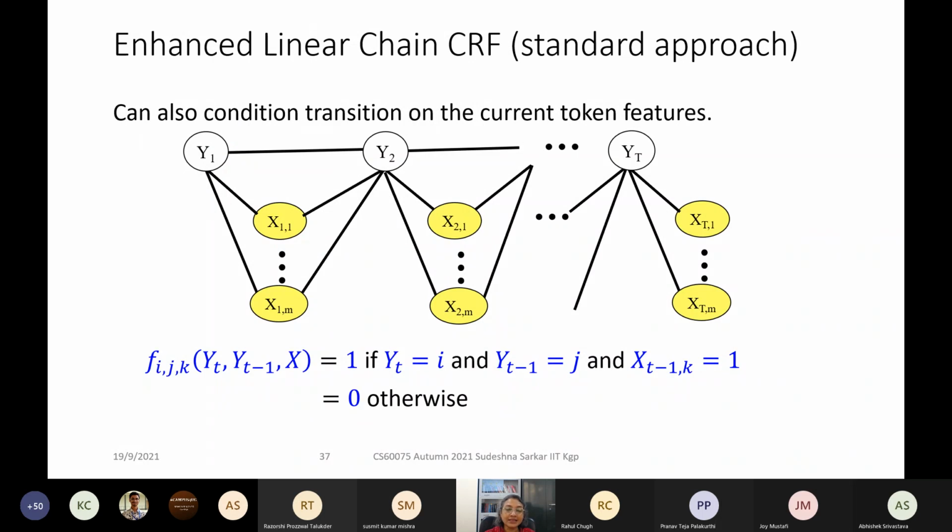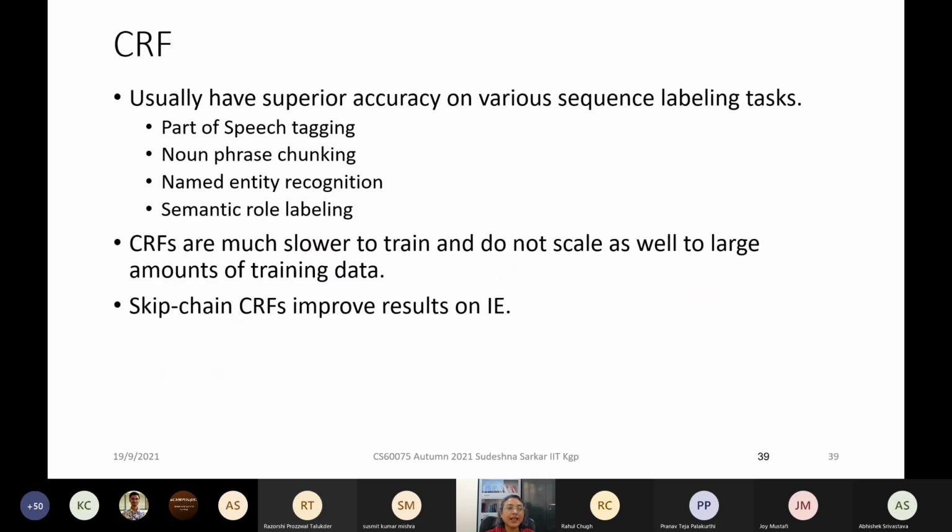And we can enhance linear chain CRF by also having features which are strictly not only previous tag to the current tag or current tag to current word. For example, we can look at the previous words and so on. And then there are other variations of CRF. But CRF is a tool which is very useful for sequence tagging tasks, such as part of speech tagging, named entity recognition, and also other tasks such as noun phrase chunking,